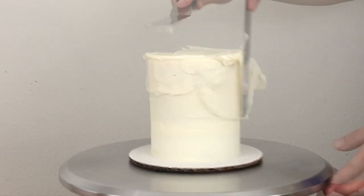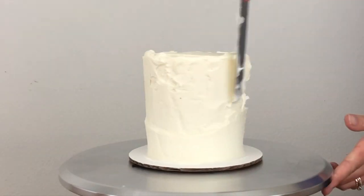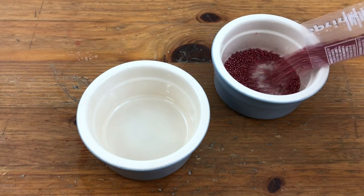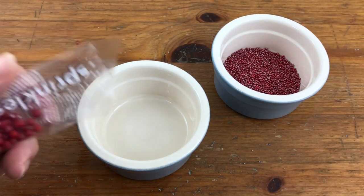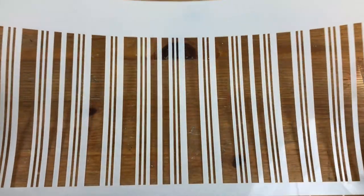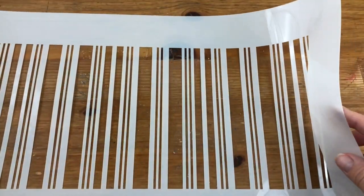If you haven't already, frost your cake and put it in the fridge for at least an hour so that the frosting sets. Choose some sprinkles if you want to decorate your cake with them, and for the stripes I'm going to use this stencil, which is intended for bigger cakes than this 4-inch cake that I'm using for this,